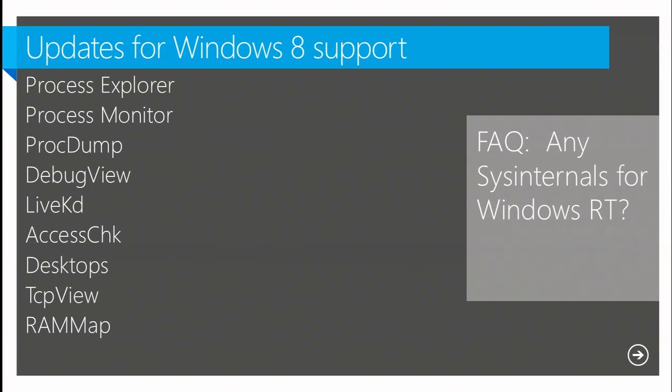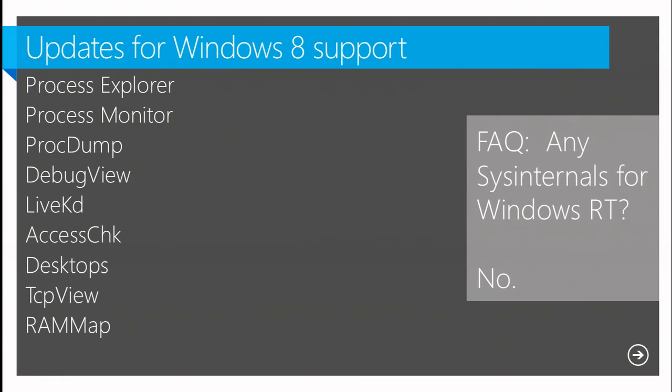One of the questions that always comes up, particularly within Microsoft, is can I get Sysinternals utilities for Windows RT? Windows RT is the new version of Windows that runs on ARM processors. It does not allow desktop apps except those that have specifically been signed, such as versions of Office that have been specifically built and approved by the Windows team. And the answer to this is no.